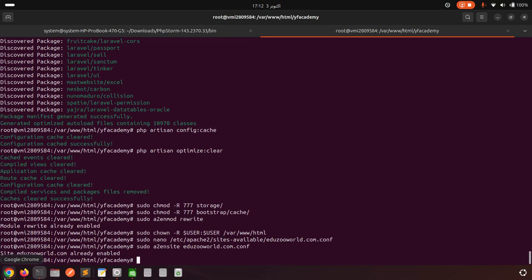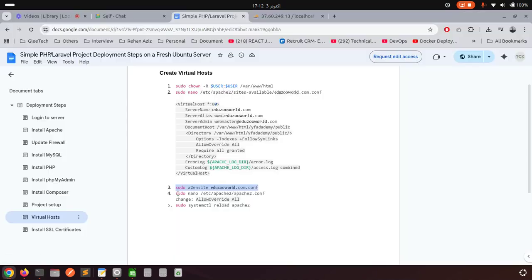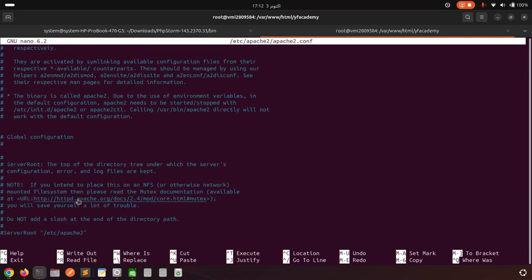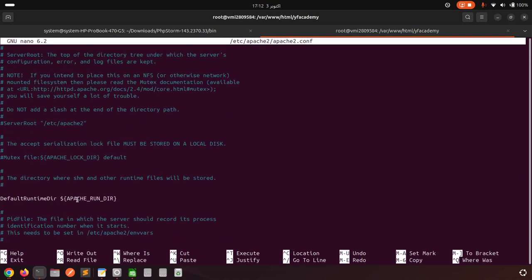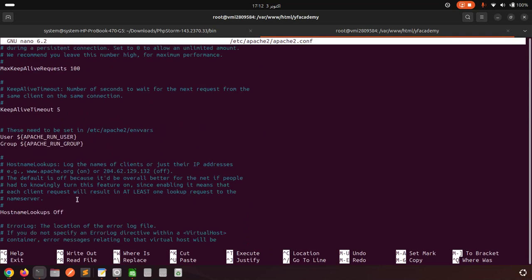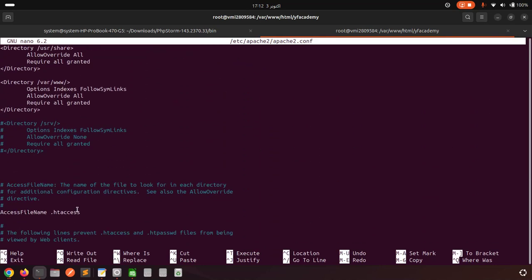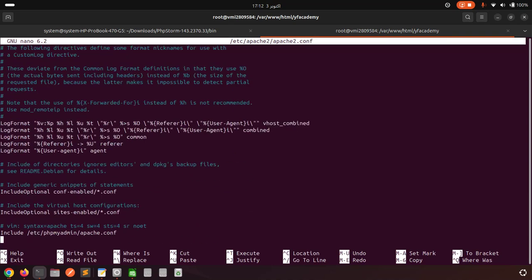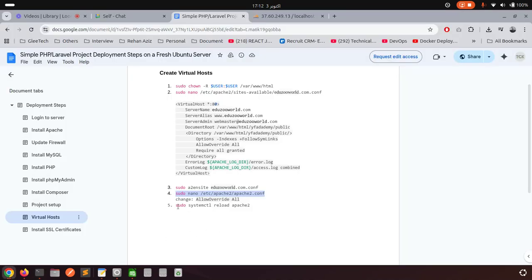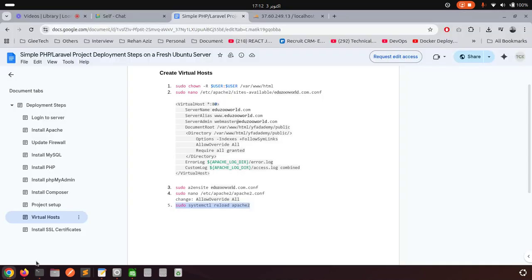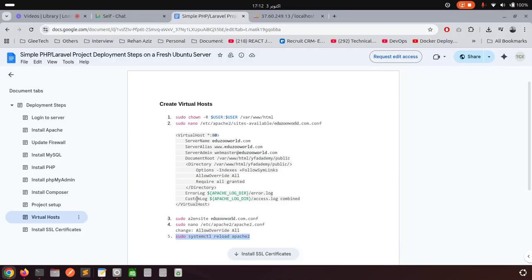Run this command. Open the Apache conf file and change. That is correct. Control X. Now restart the Apache server. Now you can